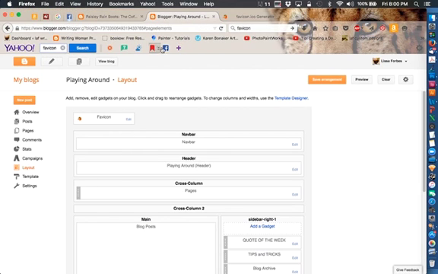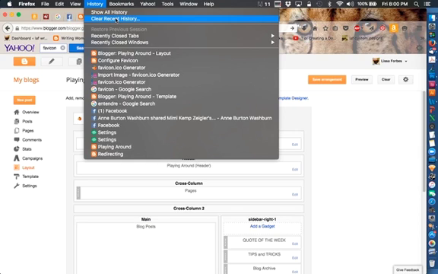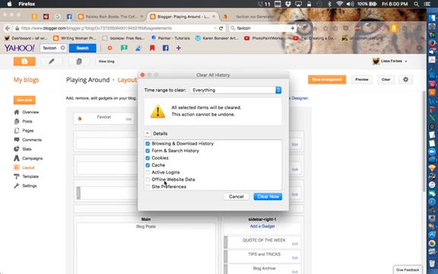Now sometimes, as you can see, it did not save the favicon in the tab. What I have learned through the process of doing this several times is it seems to not like the history that's been saved. It's saving the Blogger logo as the favicon. So we have to go to clear history. I just clear the browsing and download form and search cookies and cache. I want to make sure that my active logons remain the same and the rest of these don't matter. So we clear now,